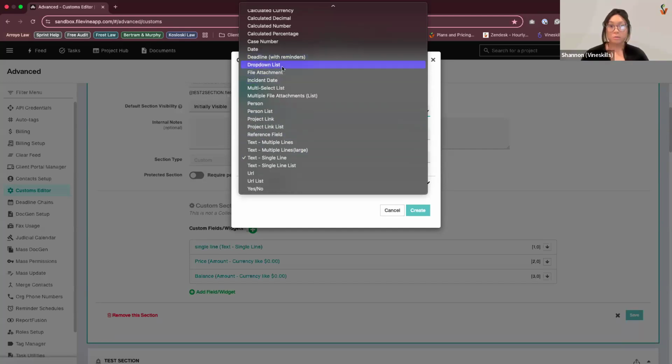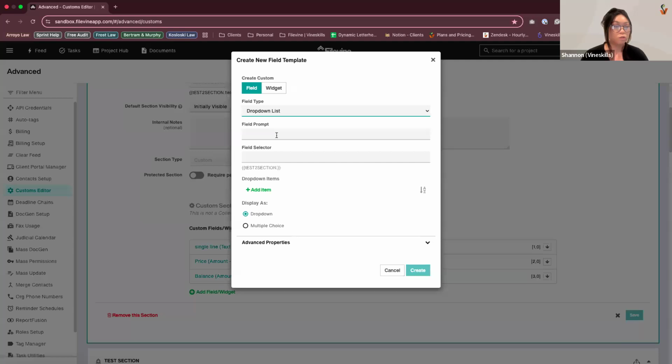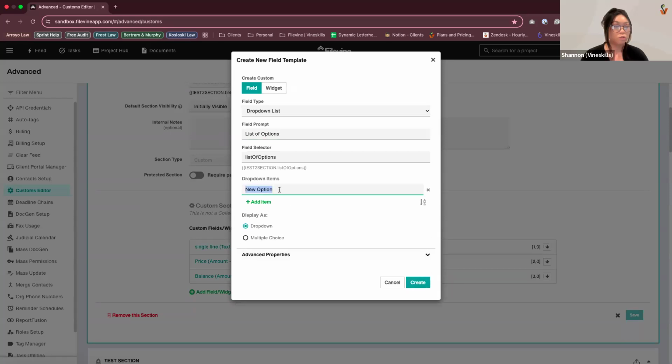But just to give a little bit of visual, we have the drop down list field as well. So if that's something that you like to use over a single text line, you can just go ahead and select the drop down list. We can name this list of options. And then here is where we can go ahead and start adding in our